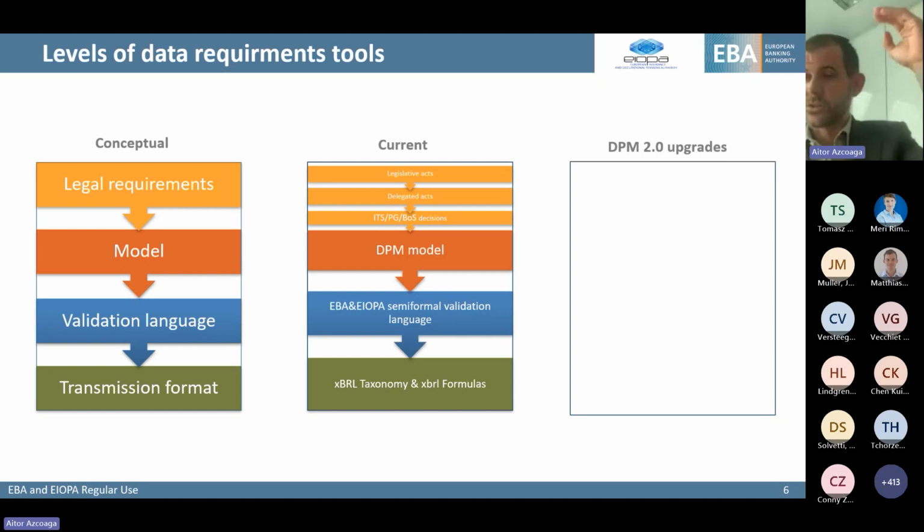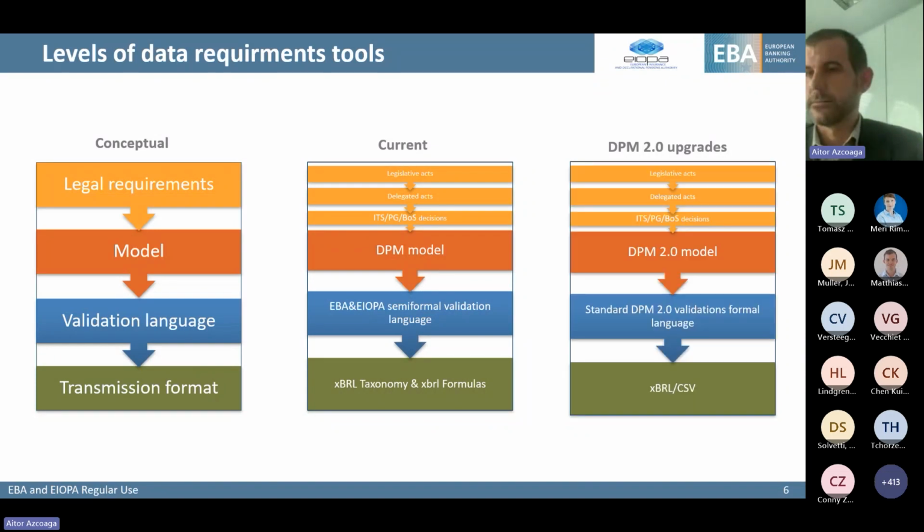I would say the importance goes obviously from up to down. The top is law, the others are technical implementation, and normally whatever is said in the DPM will be impacted in the taxonomy. So it's a little bit up to down, and you expect that the lower layers are not impacting the upper ones. So the taxonomy is not limiting our model capabilities, and the model is not limiting or not providing a solution, let's say, to the regulatory needs.